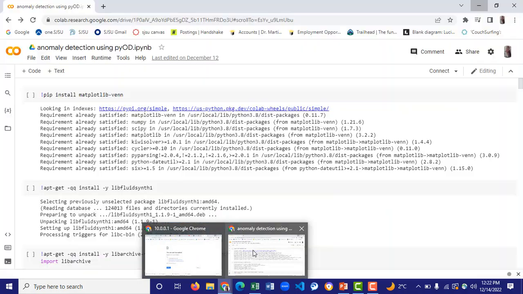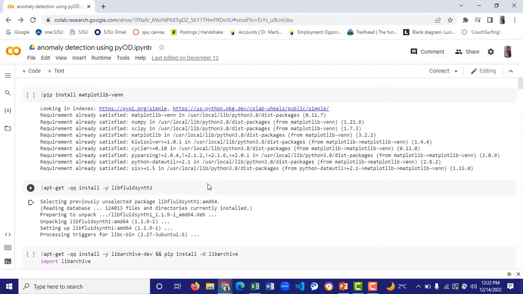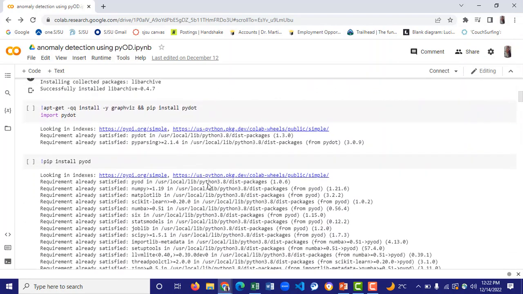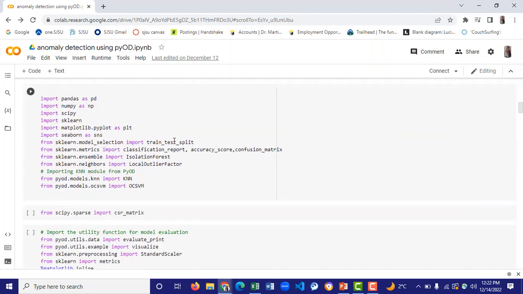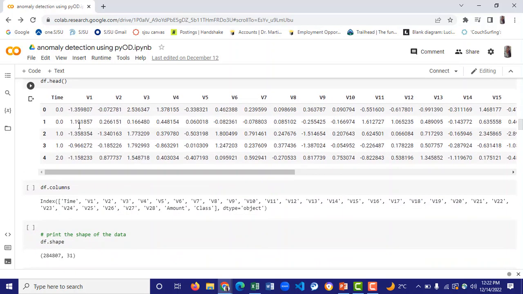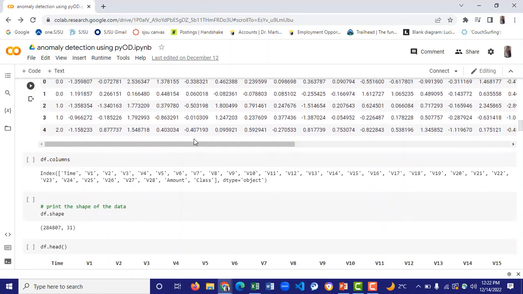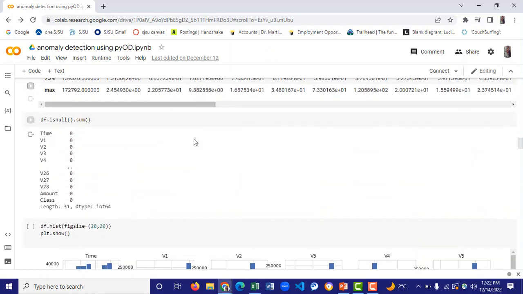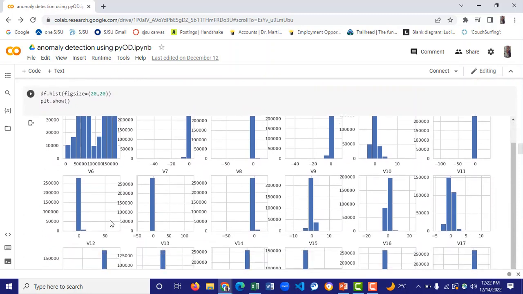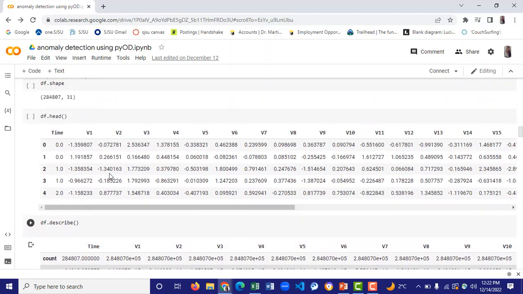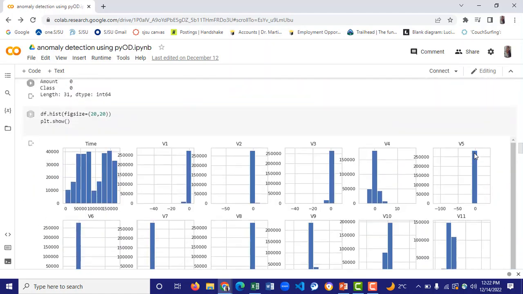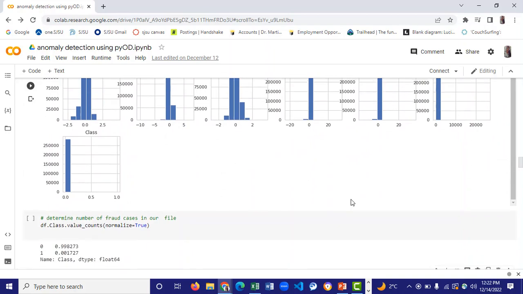Also, in this video I have used one Colab, and I imported pandas, numpy, and some of the following things you have seen here. I took the dataset from Kaggle. For each column I have implemented a graphical representation.